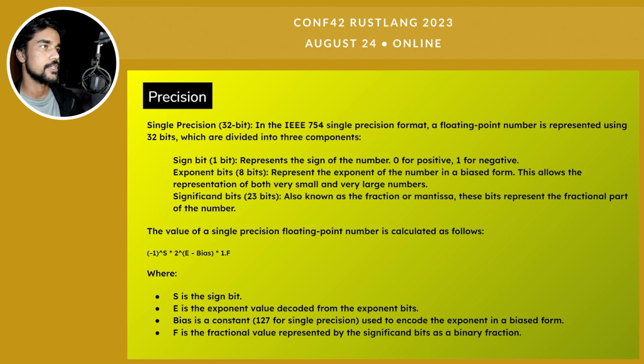So single precision, or 32-bit, in IEEE 754 is divided into different sets of bits. The first bit represents the sign. If the first bit is 0, it is positive, and if it's 1, then it's negative, according to the scientific notation. And 8 bits here represent the exponent, the power of ten, that's responsible for representing the decimal point in the entire number.